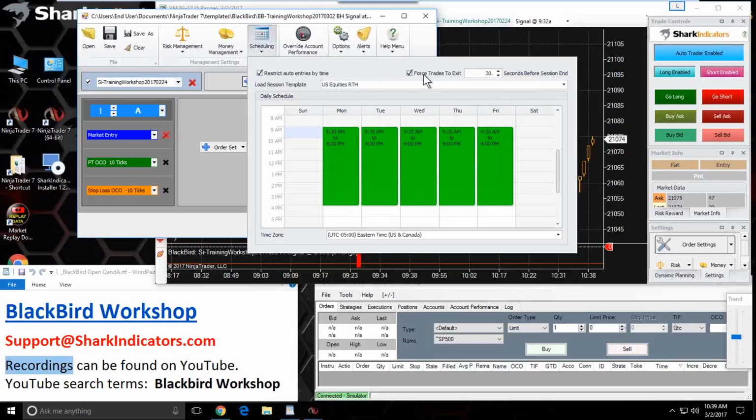Right. So this forced trades to exit really isn't designed to exit at a specific time, but you can see it does exit at a specific time. So it's not really designed to, say, exit my trade at 12. It can't do that, but then at the same time,